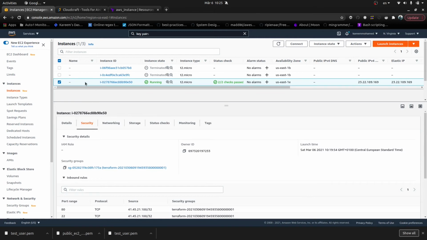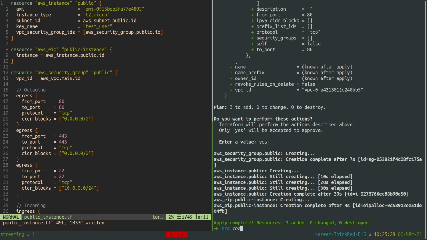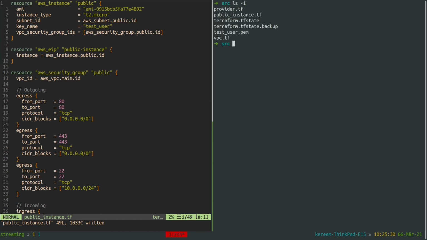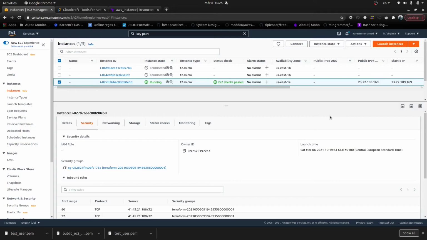And right now I'm going to try to SSH to this EC2 instance. So I have the key here that's associated with this EC2 instance. I'm going to use it. So this option -i will just define the identity file. And the username is ec2-user for this image, and we need the public IP address, which in this case is this one right here.